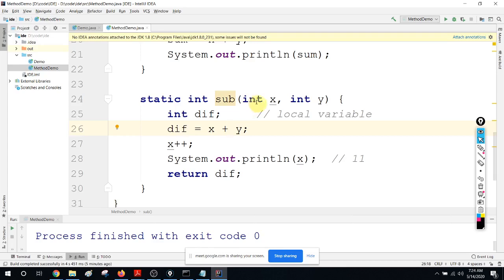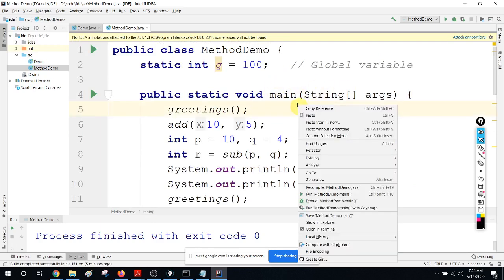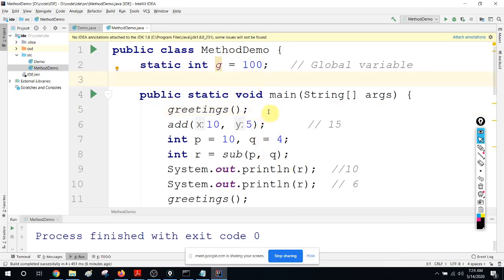What is the issue? Now what you can do is, rather than running, you can debug this. That option is there. Here you can see run the main method, and here you can see debug the main method. Before debugging, we have to add a breakpoint. Usually I put the breakpoint somewhere in the very first line.